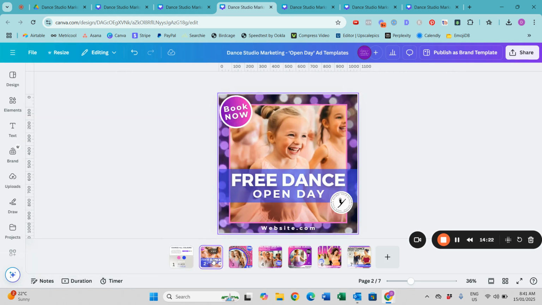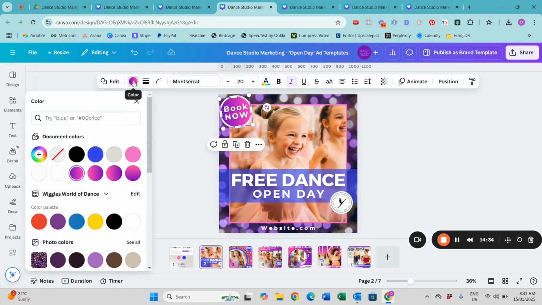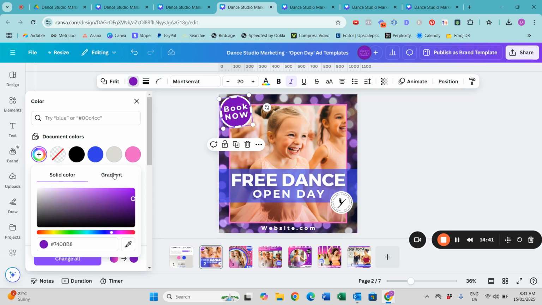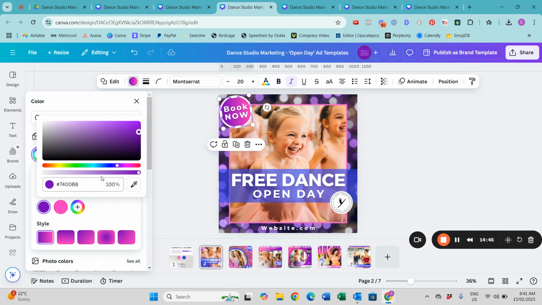All right, let's have a look at these templates. So as we can see, there's a couple of things here that have not changed. This color in here in this circle is actually a gradient color. So I'm going to click on that, go to color, and over here on the plus, you can see here you can either have a solid color or a gradient color. So I'm going to change this one to my blue,